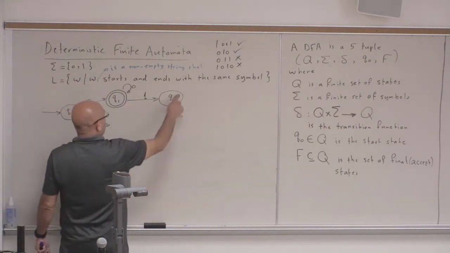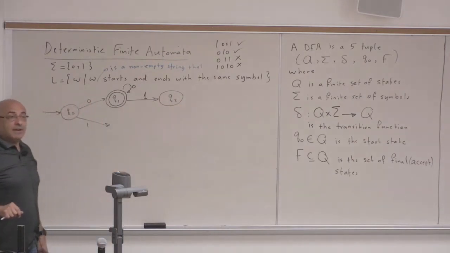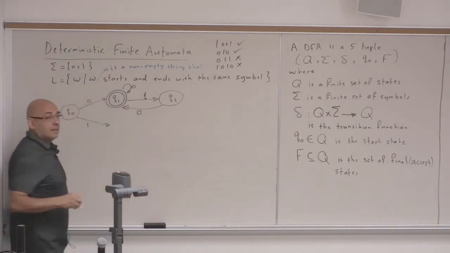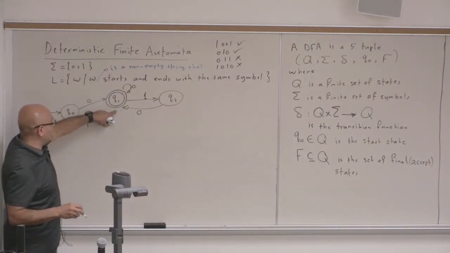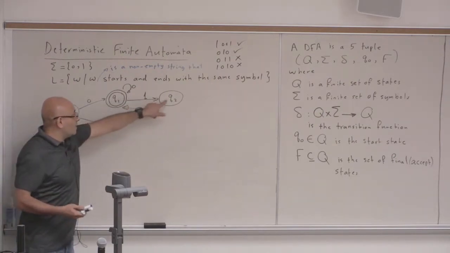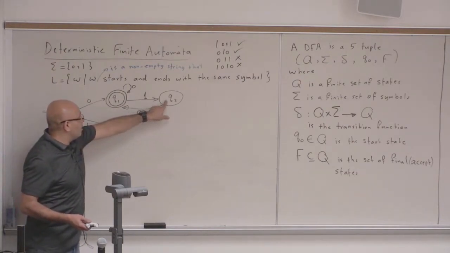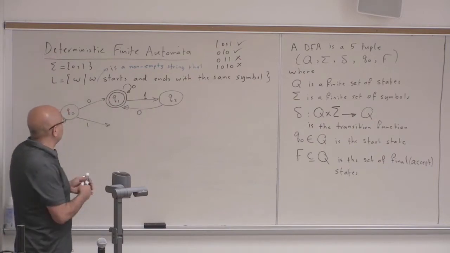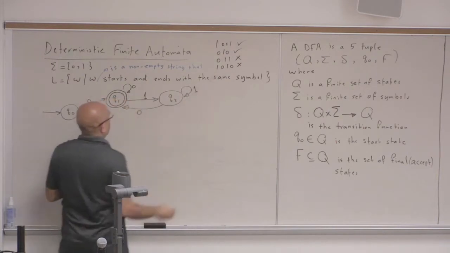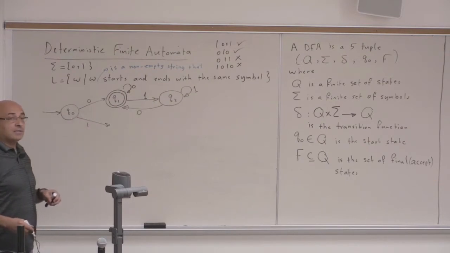Now, what will happen if I get a 0 here? Yeah, go back. Now it's accept. If I end with a 0, it's accept. If the last symbol seen is a 0, I go back to an accept. If the last one is 1, I go to a non-accept. So whenever I get a 1, I go to the non-accept. Whenever I get a 0, I go back to the accept state. Now what should be the transition on a 1 here? Stay there. It doesn't matter. I'm still not in an accept state. Does anyone have any doubt about the correctness of this?